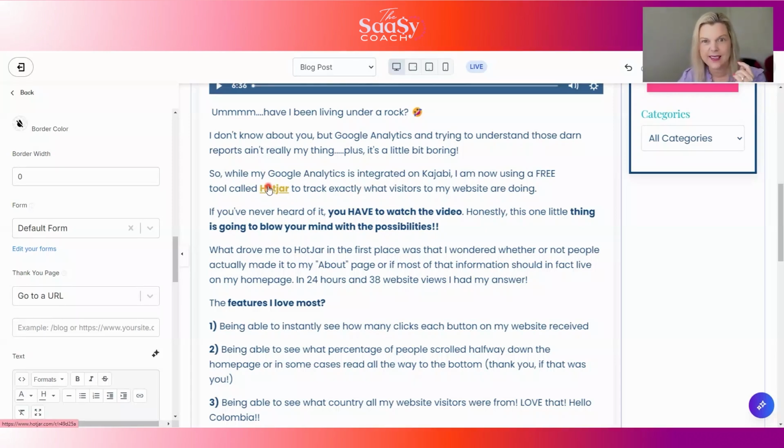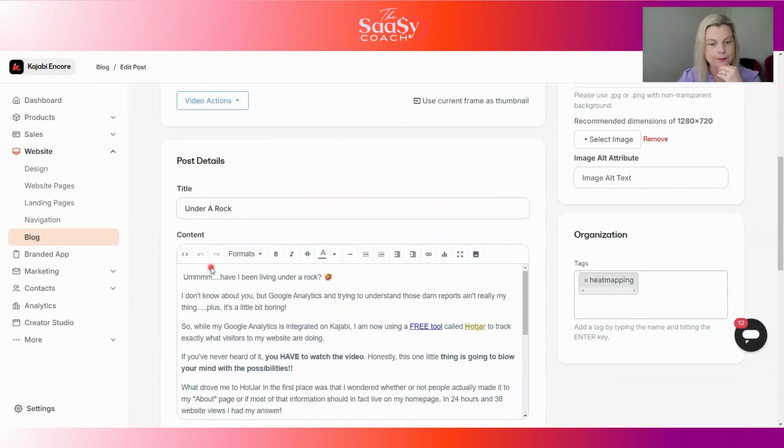But there's a second hyperlink in this article and you wouldn't even know it. If I just go up here, you can see how my little cursor turns to a hand. That also, free tool, is also a hyperlink and people would just have no idea that it is. And the reason is when you put hyperlinks into your blog articles in Kajabi, so if we come over here,